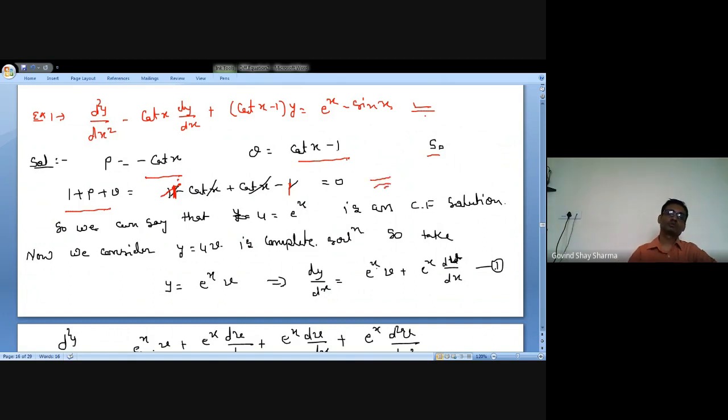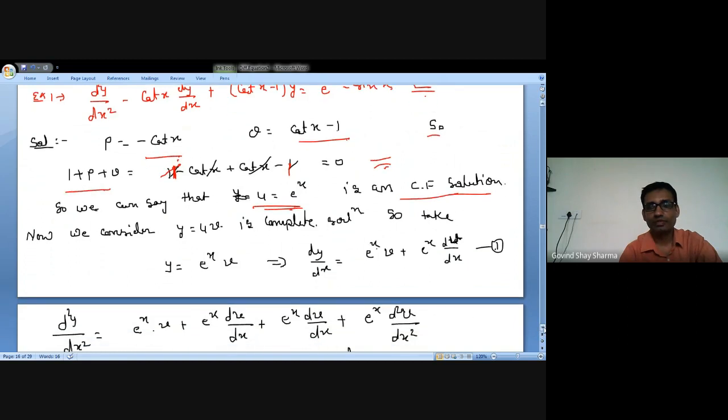Okay, so we know that when 1 plus P plus Q is equal to 0, then the solution is y equal to e to the power x. So we take this one solution, we find here e to the power x. We can see a solution. Now we take the complete